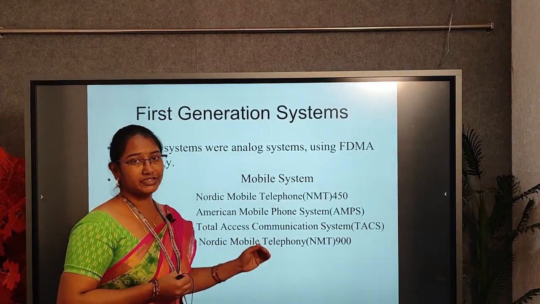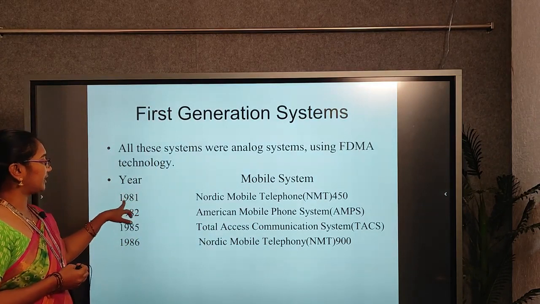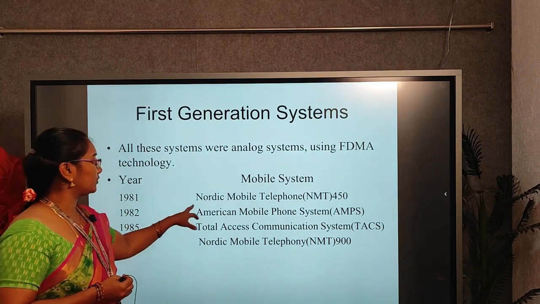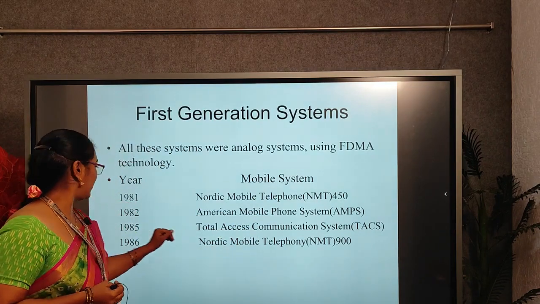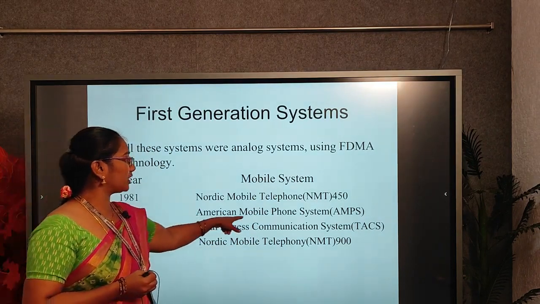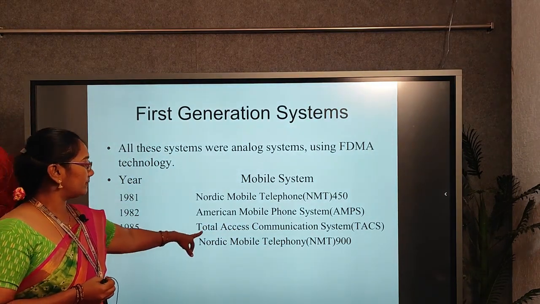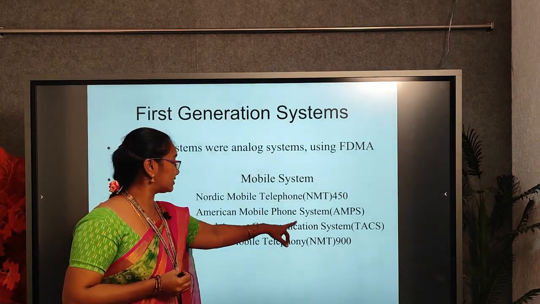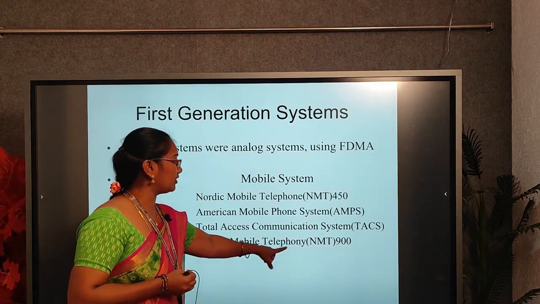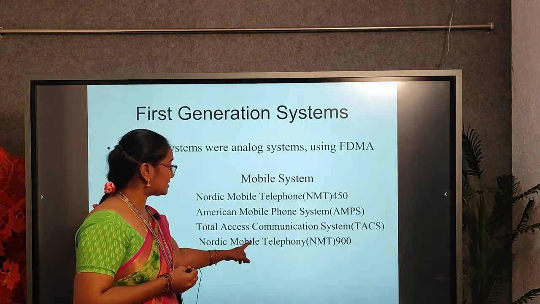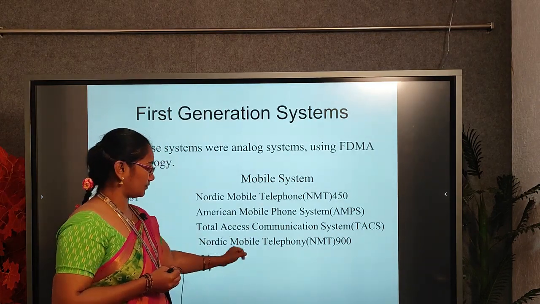So what is the generation? Okay, so here mentioned in 1981, Nordic mobile telephone. These are the different types of systems, right? 1982 American mobile phone systems, and 1985 and 1986 total access communication system, and Nordic mobile telephone, and this is explained in the last slide. Okay,